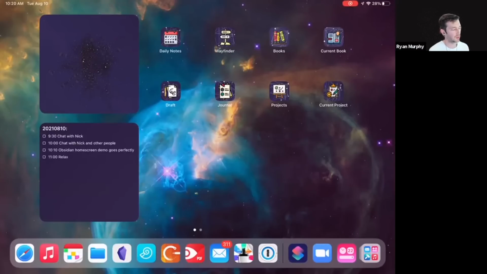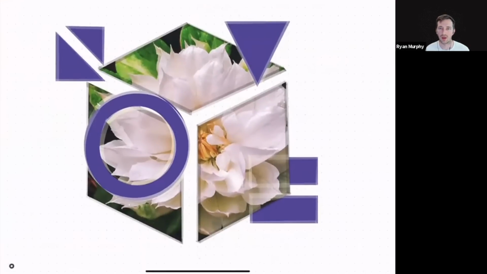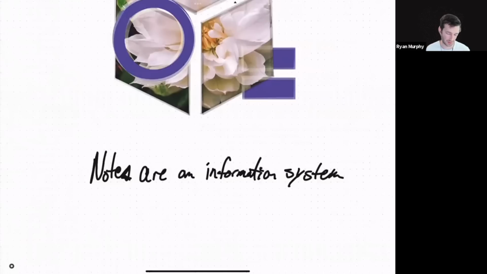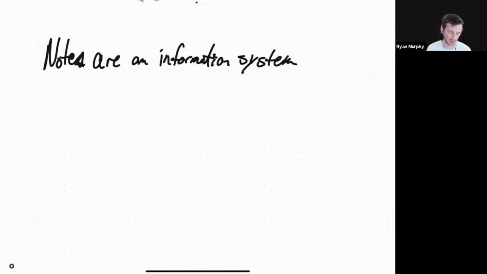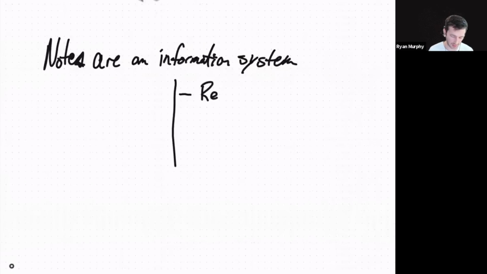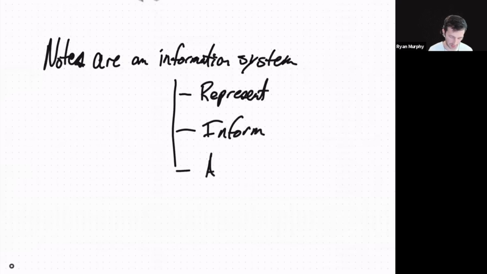Yeah. If I was going to talk a lot, I was going to switch over to a little drawing app and sketch out some ideas, maybe very briefly, to sort of explain some of the things that I just talked about. Information systems represent the world. They help inform a user about what the world contains, and they help you act on the world. And so that's what Nick and I are talking about when we say information systems.